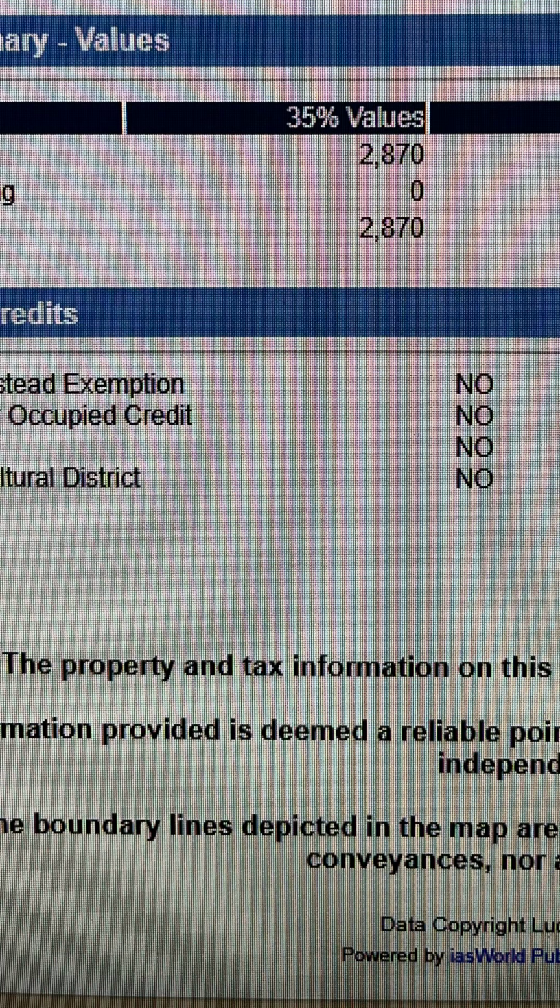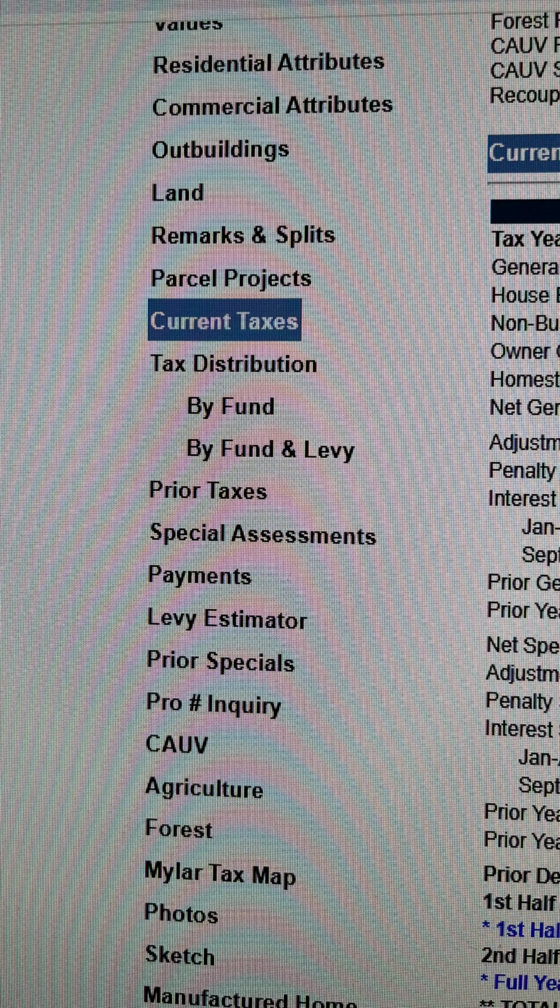Now at the bottom of the page here, you can look for a homestead exemption or an owner-occupied credit. Now in this case, there's neither, so that means that this property is likely not occupied. Next, look at current taxes. And then you see here, this has more than